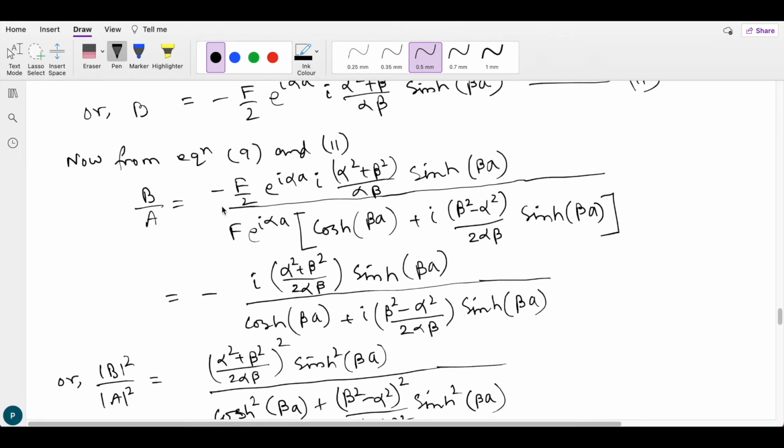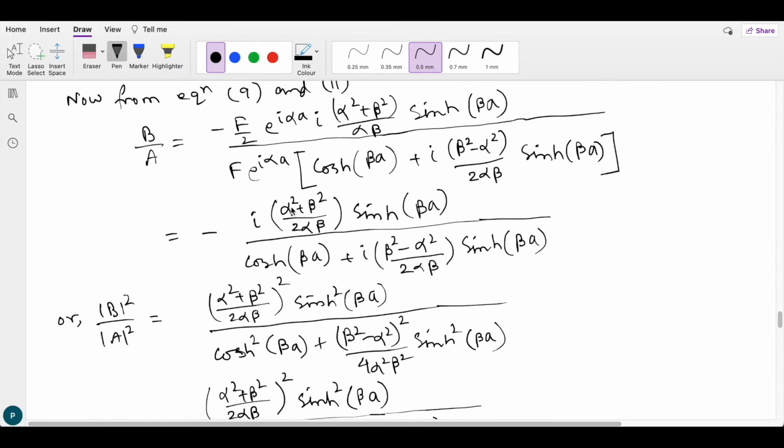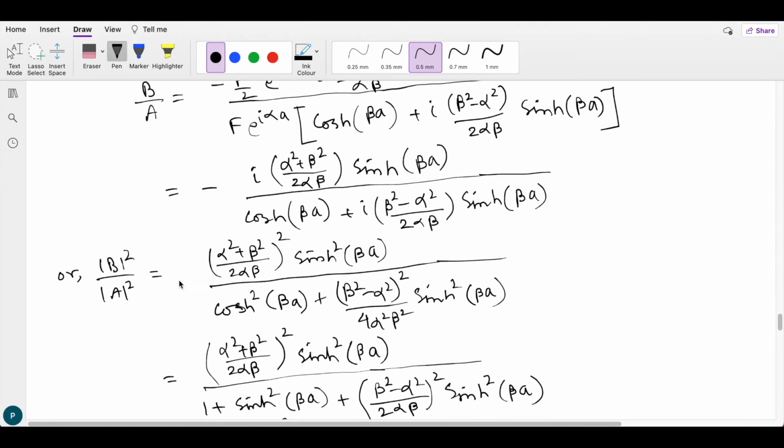So F cancels out and we are left with minus i (alpha square plus beta square) by 2 alpha beta into sin h beta a by cos h beta a plus i (beta square minus alpha square) by 2 alpha beta sin h beta a. Now if I square it,